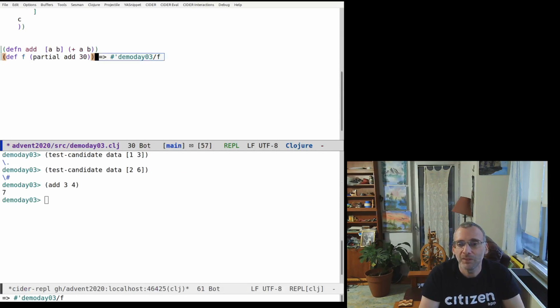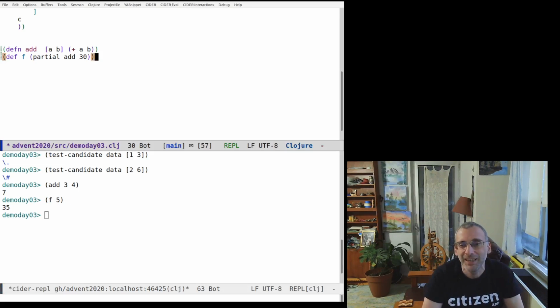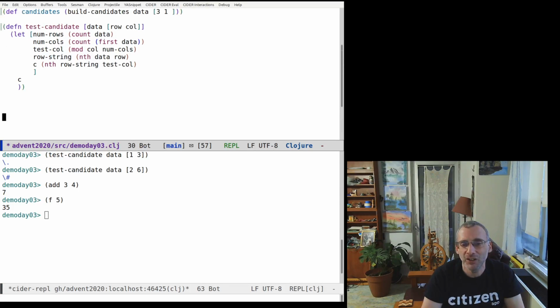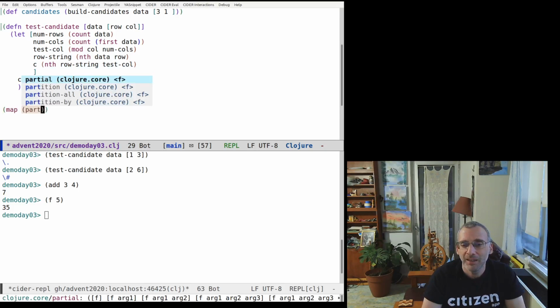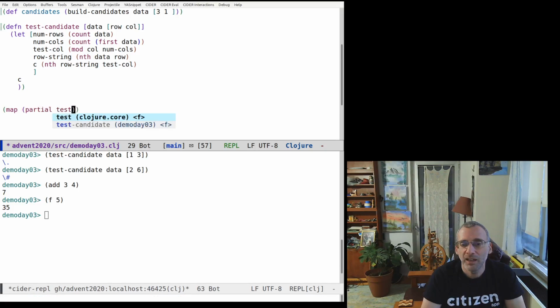Whoops. So now if we say f of 5, it's 35 because it just puts in the 1 for b. Now there are other ways of doing this in Clojure. We could also use an anonymous function, but we'll use the partial for now. So we're going to say map onto the function that we result from partial on test candidate